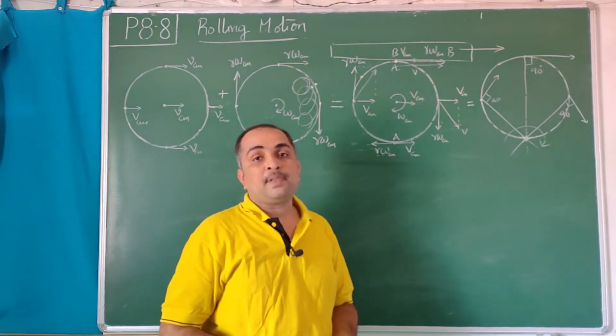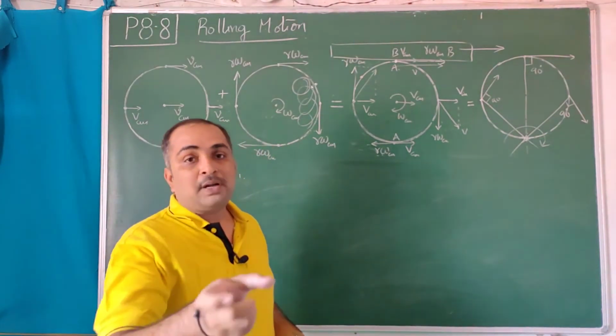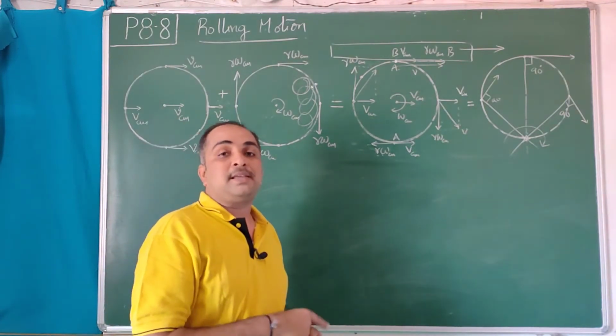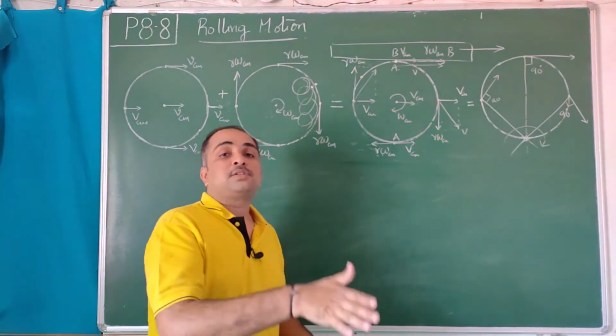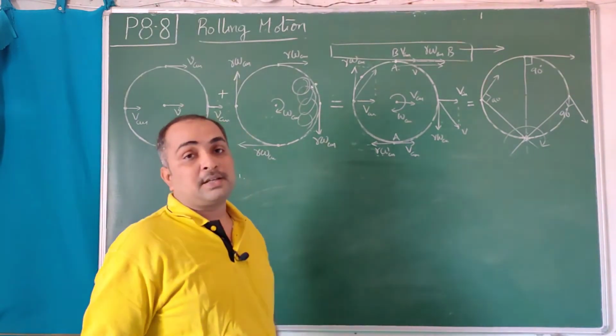Pure rolling is happening. In all of these cases, there is a present velocity in the forward direction and at the bottommost point there will be a backward velocity R omega CM, both will be equal. Then only there will be no slip, they are doing no slip rolling. In many cases it is true, but that is not the general condition. The general condition is